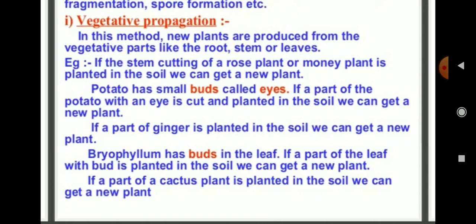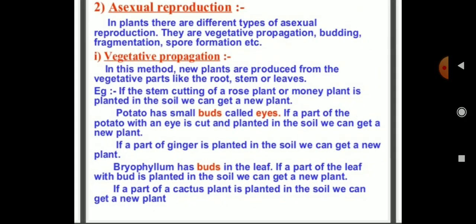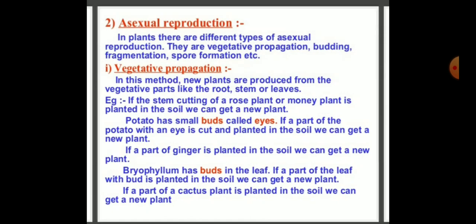If a part of a cactus plant is planted in the soil, we can get a new plant. Okay, can you understand? That is a vegetative propagation type. Vegetative propagation is an asexual reproduction. Next,